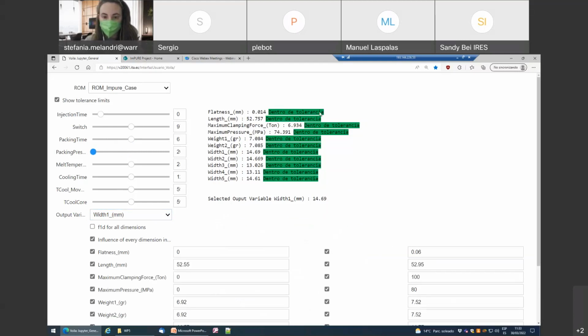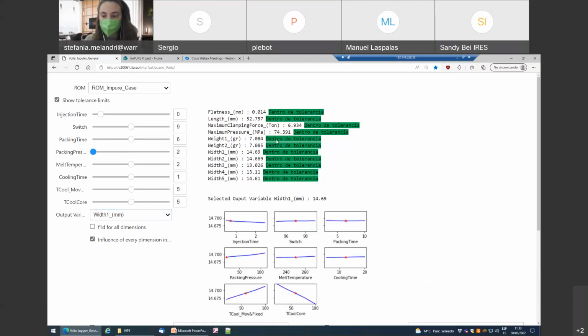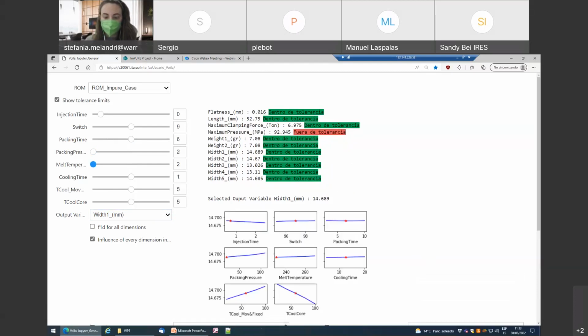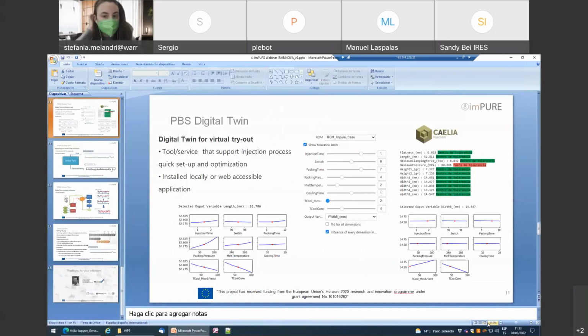Okay, so we also have some flags here in terms of tolerances defined for all the variables. In any case, if a variable gets out of tolerance, we will have some red flags. So more or less, this is the tool. Coming back to the presentation,